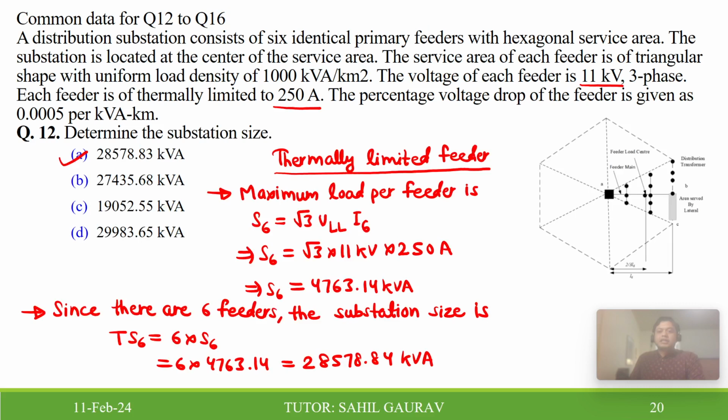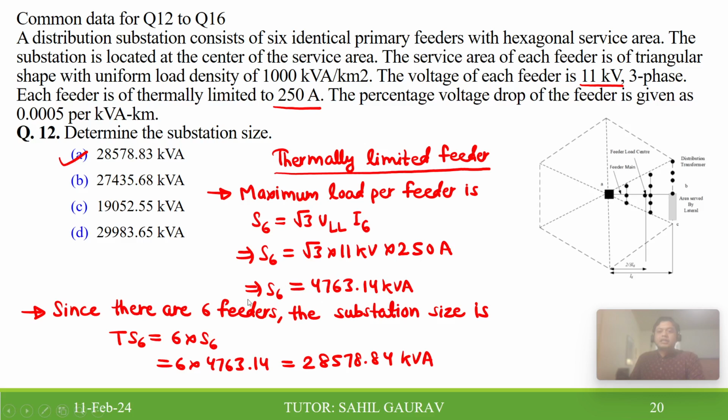Yes, it is very simple. You have to find the substation size. It is given that each feeder is thermally limited to 250 ampere, so that is the current value we got, and it is also given that the rated voltage of the feeder is 11 kV. So you know the current and the voltage, so you can find the capacity of each feeder. The capacity of each feeder is root 3 times line voltage into current. So this is the rated capacity of each feeder,